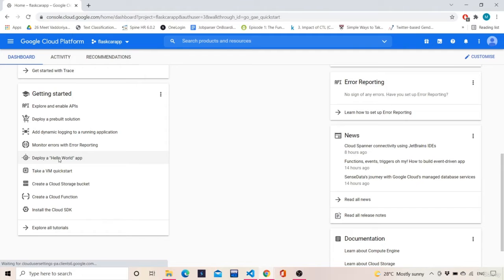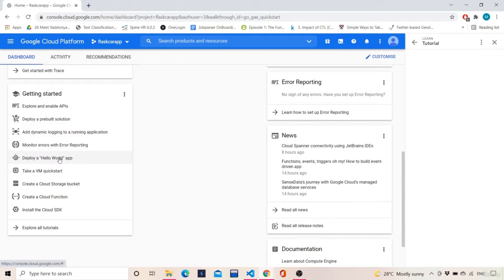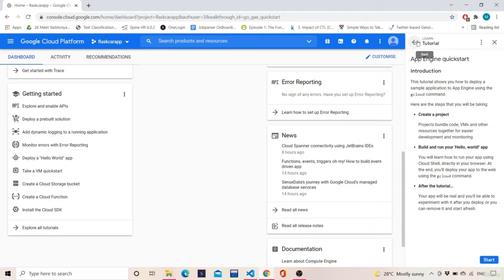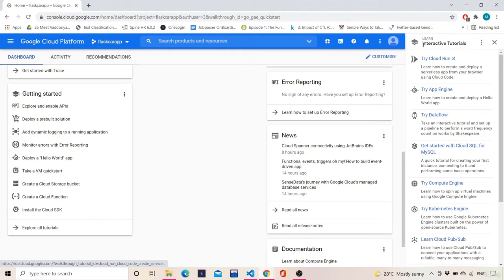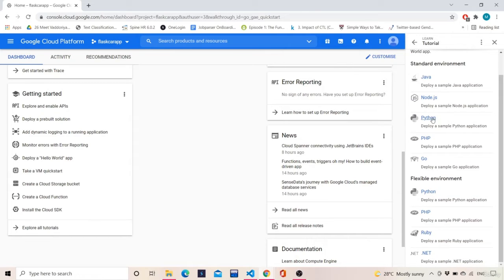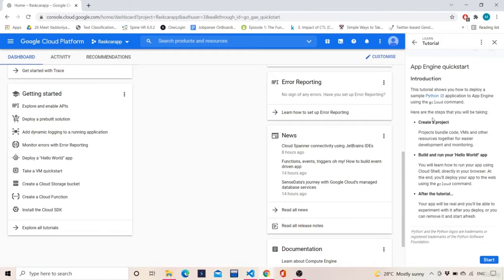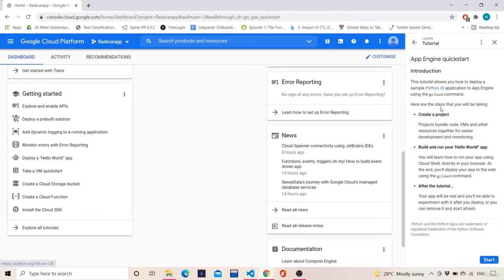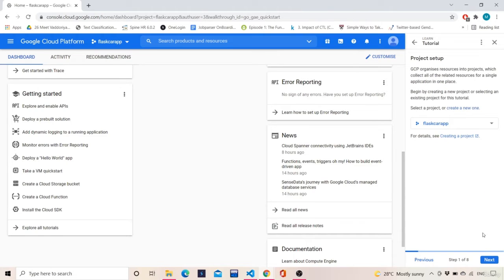You will be redirected to this tutorial. Just click on no, go back, and then click on try App Engine. Now you click on Python because we are deploying a Python app, right? Then click on start.